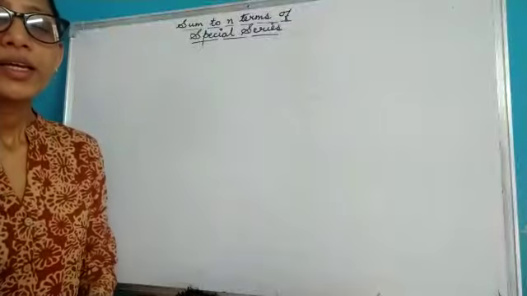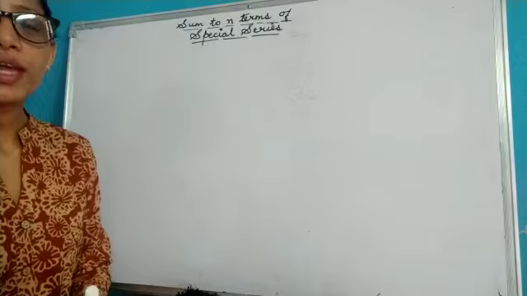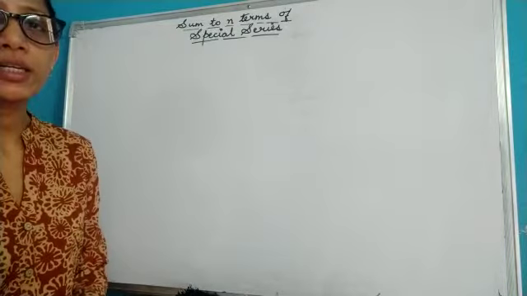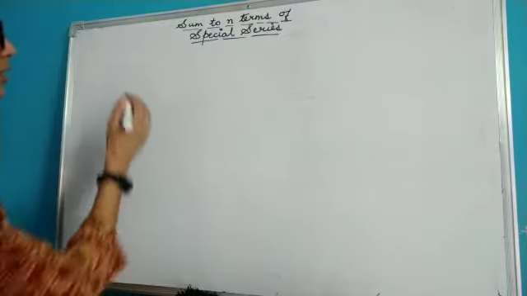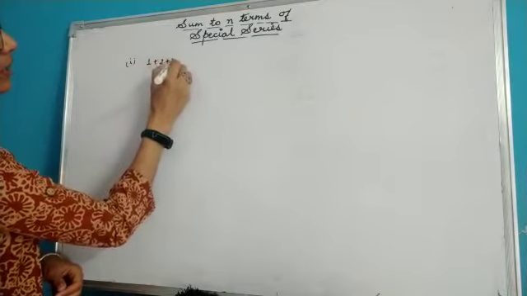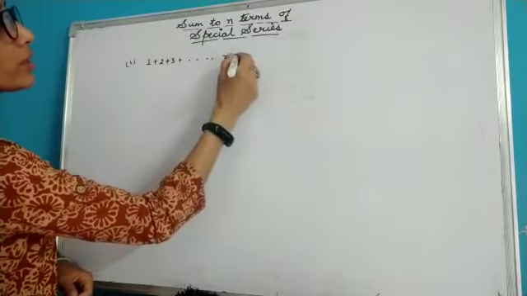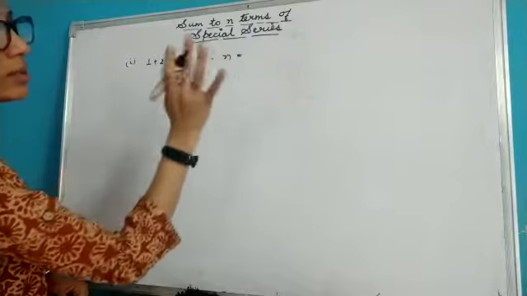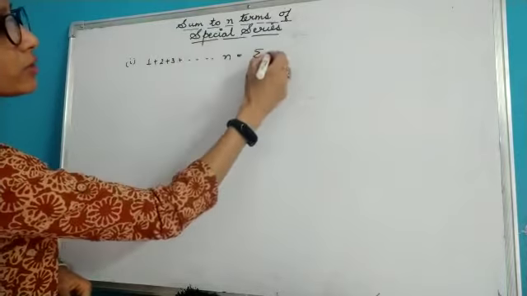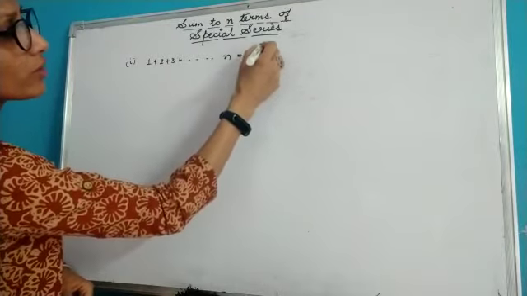Hello everyone. In this video we are going to learn about sum of n terms of some special series, and here we will be taking three kinds of series. When I want to calculate the sum of my n natural numbers, then in compact form or in summation form this can be written as, for this I can frame a general term as k, and k can take the value from 1 to n.